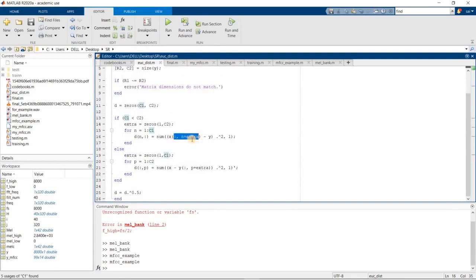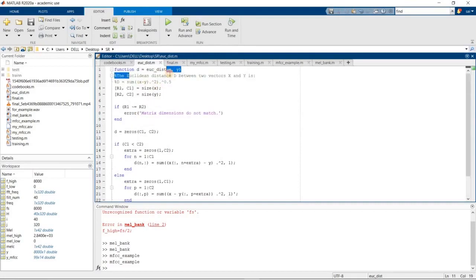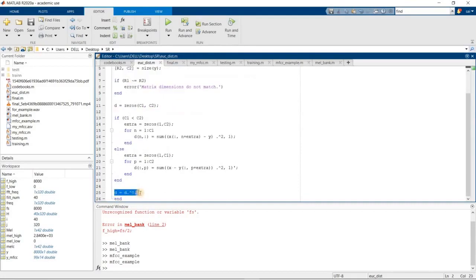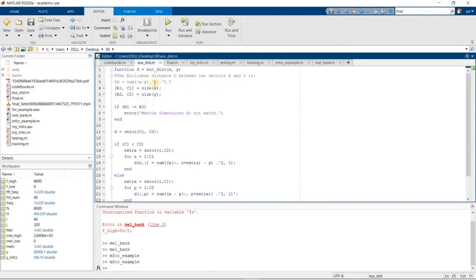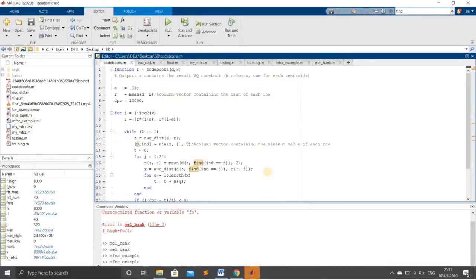This creates the matrix required for calculating the Euclidean distance. So finally, we get a matrix with dimensions C1 cross C2. So this is how we calculate the Euclidean distance. And finally, here we take the root of all this sum, according to the formula.